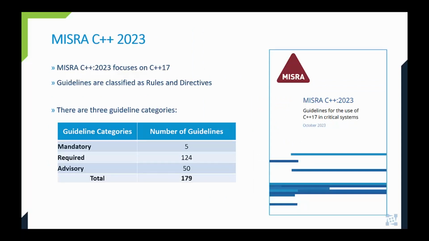The MISRA organization announced the latest coding guidelines for C++ on November 29th, but technically it's dated as October 2023. And we are very proud to say that not only did we contribute to the development of the standard, but Parasoft also put all of their development resources into providing our customers with complete support for MISRA C++ 2023 in this latest release of C/C++test 2023.2. We are also the first to have the solution available on the market, and it highlights our commitment to you, our customers, and the software industry.